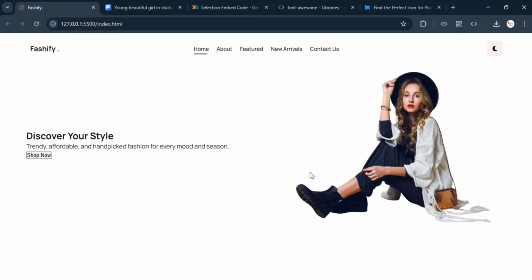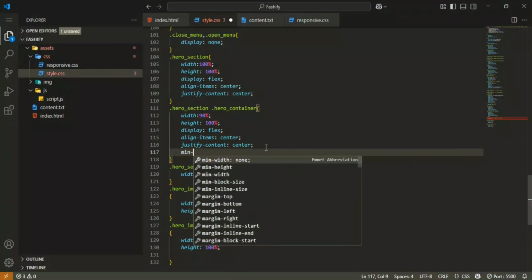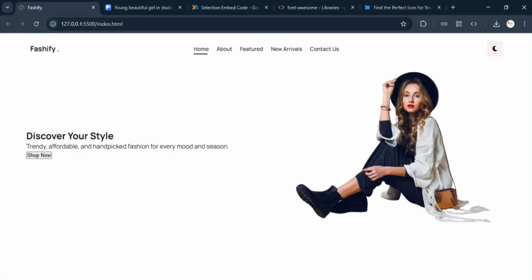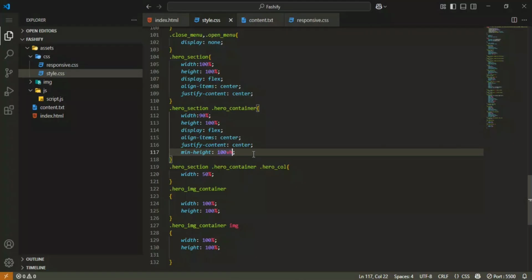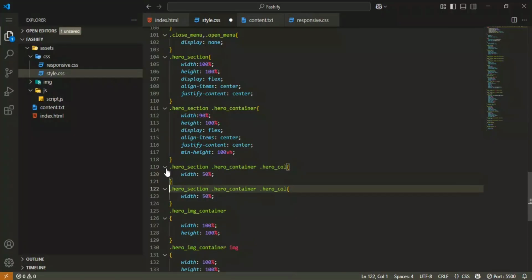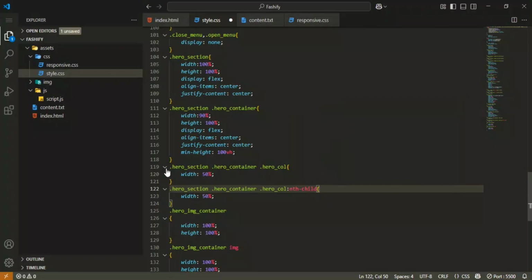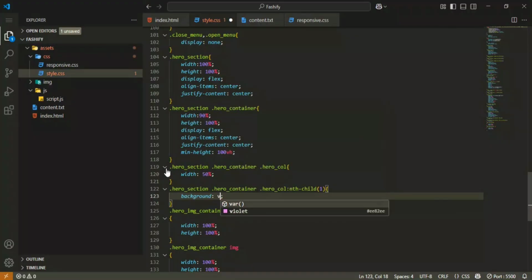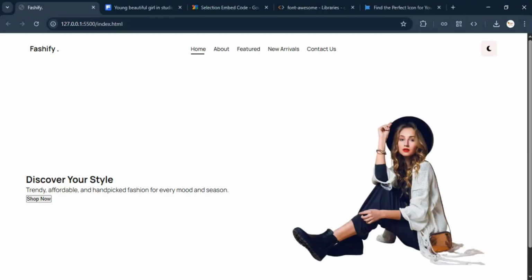Okay, now the container I'm going to add a min height for the container. Min height it will be 100 vh. Okay, then I'm going to select the nth child 1 of hero col. The background will be primary color. Okay,